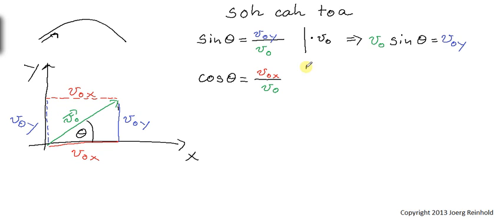I again can multiply this left and right with the magnitude of the vector, and what I then find is that v naught times the cosine of theta will be my x component. So I can find the x and y components provided I know what the magnitude v naught of the